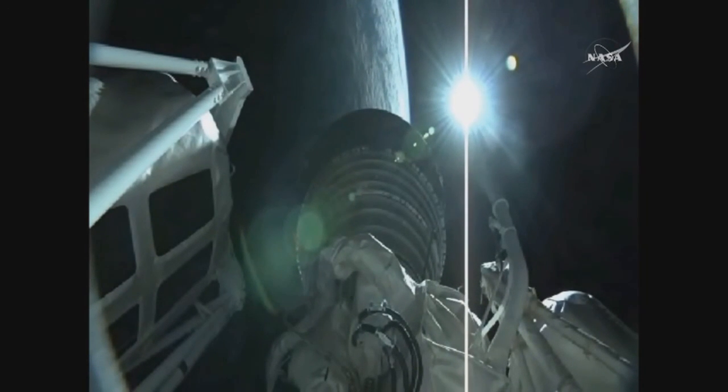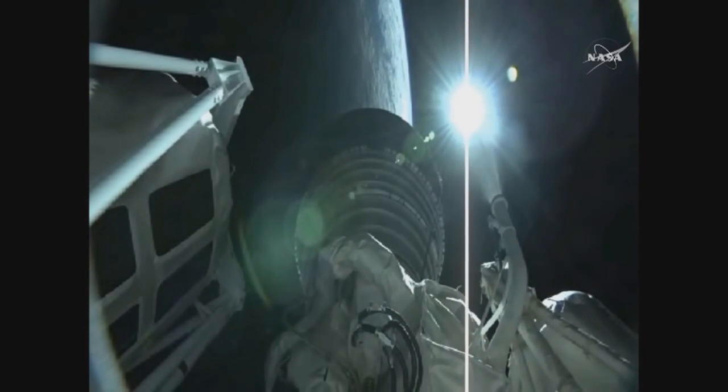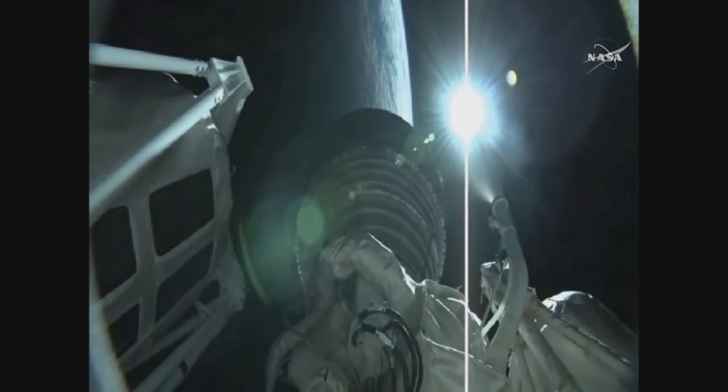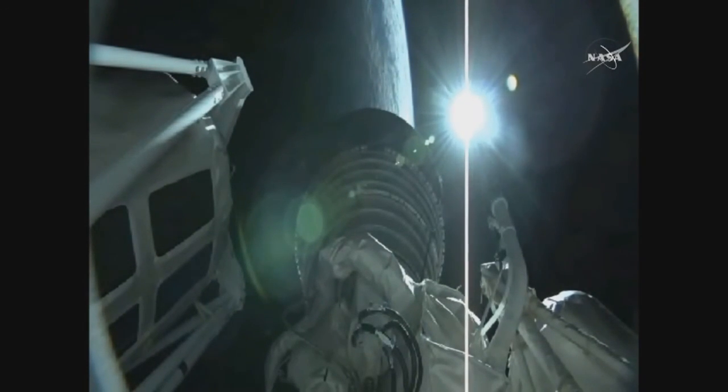Range track shows the vehicle continues to make good progress right down the middle of the corridor. Currently flying at an altitude of 213 miles, downrange distance 870 miles, current velocity 10,850 miles per hour. Tank pressures